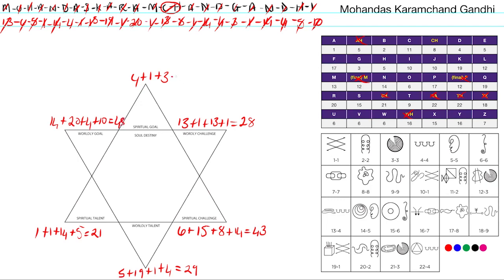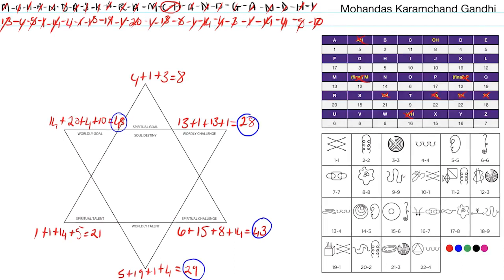And now for the fun part. We want to look for any numbers that are greater than 22. So we've got a 28, 43, 29. 21 is lower than 22, so that stays the way it is. 48, and the 8 is also less. Now for these ones, we're going to distill them down. So we want to calculate our numbers, and we want to distill them down to numbers that are lower than